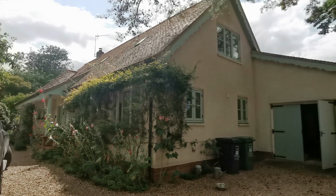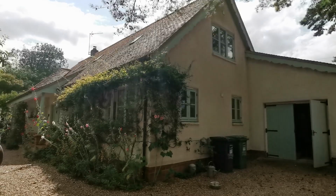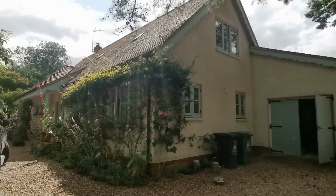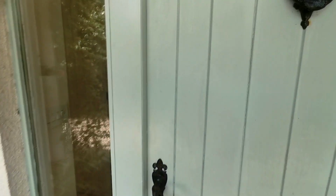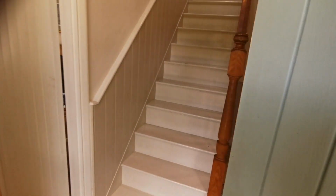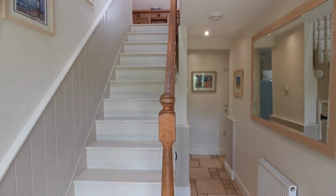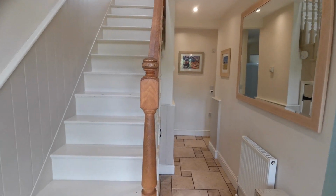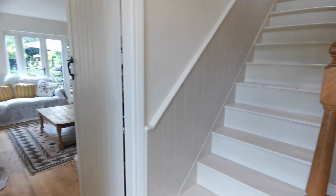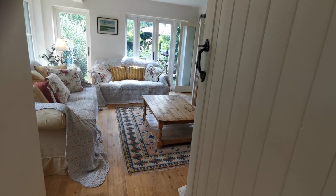Well, welcome to Gardener's Cottage here in Blakeney, and today we're going to give you a guided tour around this 5-bedroom holiday cottage here in Norfolk. So we're going to come in through the front door, up a couple of steps into the entrance hallway, and you're greeted by a corridor that divides. You can either go upstairs to the first floor, to the rear of the house where the entertaining spaces are, but we're going to start by taking you off to the left and through the snug here at Gardener's, and